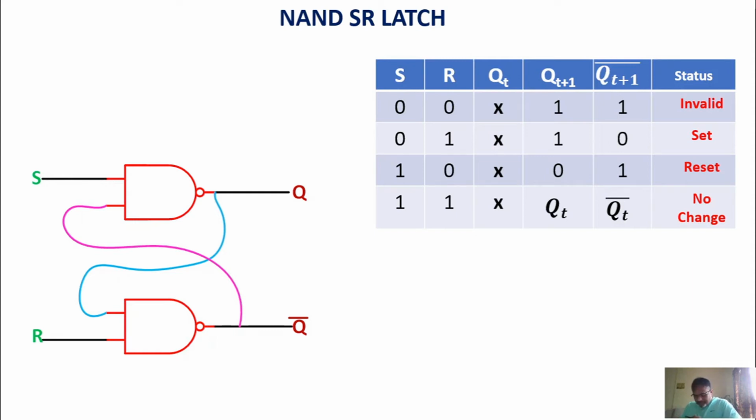Dear students, in this video, I would like to explain about JK latch and JK flip-flop. The difference between the JK latch and JK flip-flop is the way the latch or flip-flop has been enabled. In latch, it is enabled using a low or high in the enable pin,